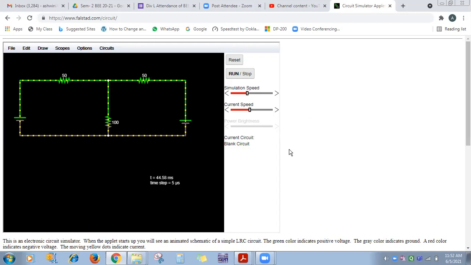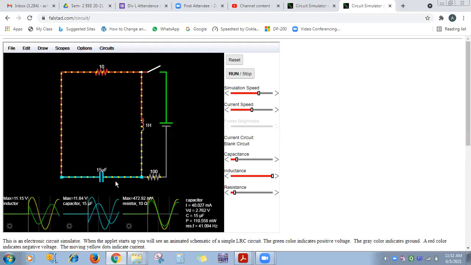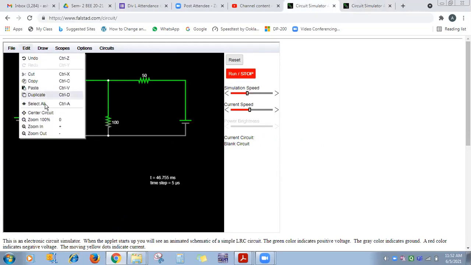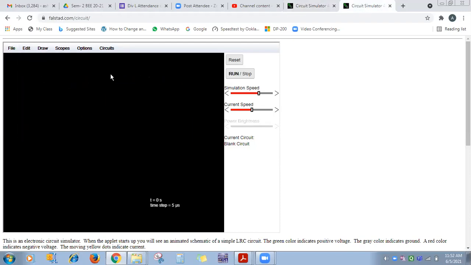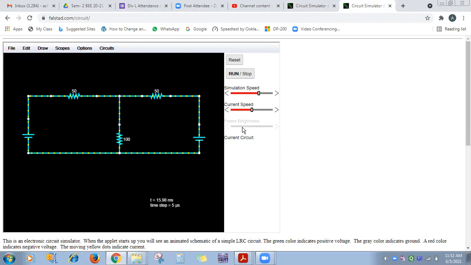Again, we want to design the first one. I'm going to stop this. For the first reading, what is the circuit? Only with E1. So what I'll do, you can open another window, filestat.com. In another window I open this circuit. I'm going to make this one blank, and then you can copy the earlier one. In Edit, the select all option is there. Select the circuit, then in Edit click on copy and open the blank window. And in Edit, click on paste. So like this you can paste the second one also.